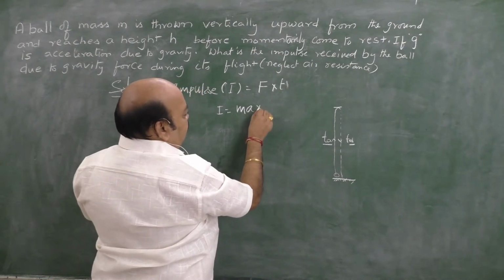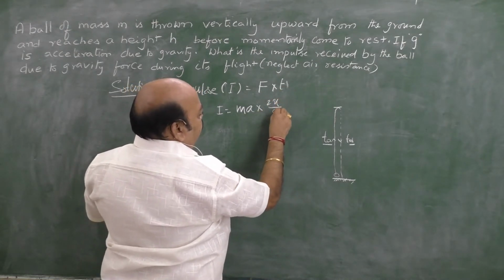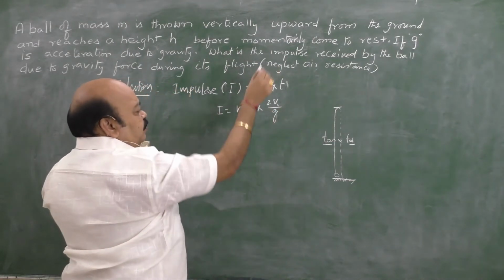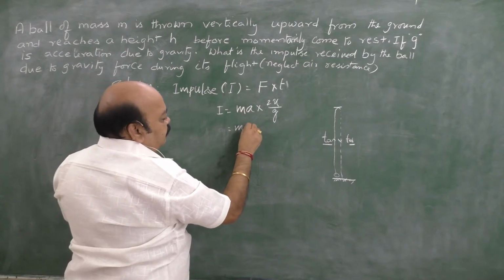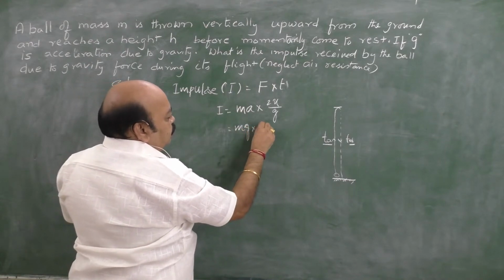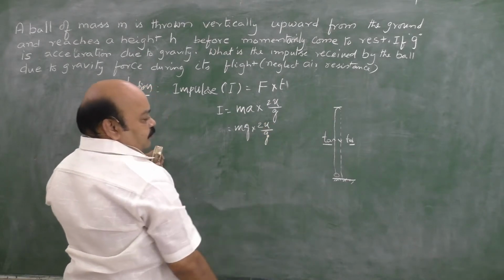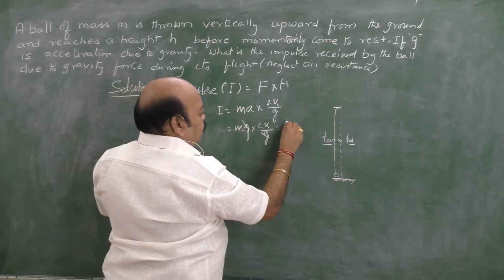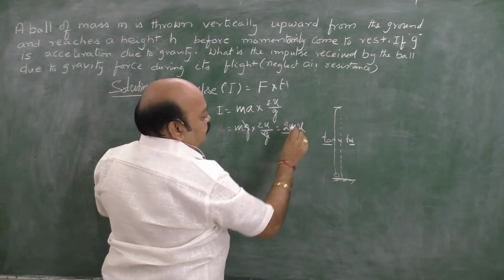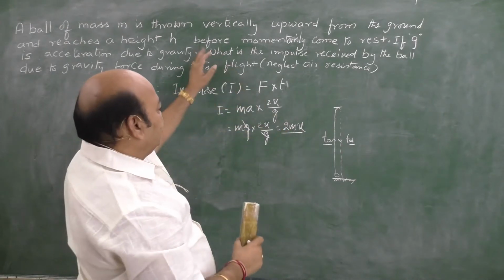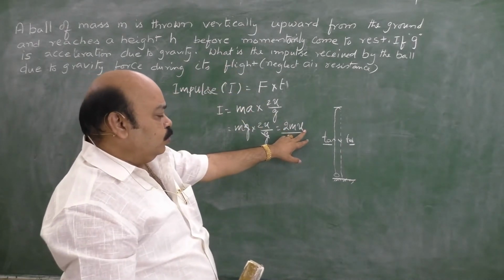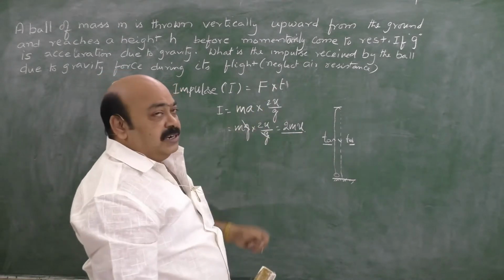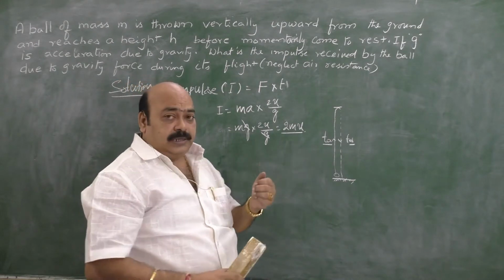So, in the place of T, we will write 2u by g. What is the acceleration in case of a vertically moving body? It is nothing but the gravitational pull. So, mg into 2u by g. So, g you can cancel, and the net value is 2mu. Directly the mass is given as m, no problem. Here u means the initial velocity with which the body was projected up. It is not mentioned in the problem. So, which we will get from